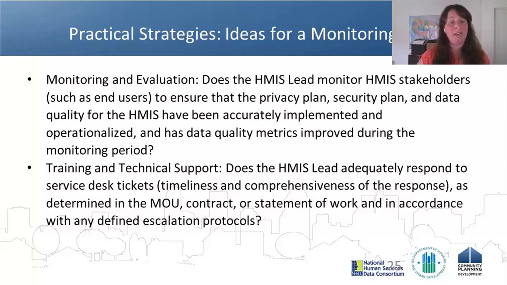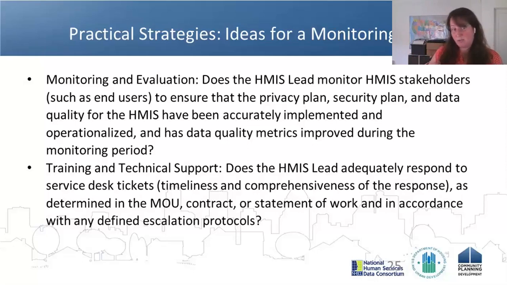So if you wanted an easy place to start assessing your monitoring protocols and maybe improving and getting to more performance-based monitoring, training and technical support might be the category to start in, because it's pretty straightforward to think, gosh, we could run reports, if you aren't doing this already, run reports off your help desk and start reporting out regularly to the COC at their quarterly meetings or monthly meetings. Like, here are the latest numbers and resolution times, the number of tickets we addressed, the number of trainings we had, and